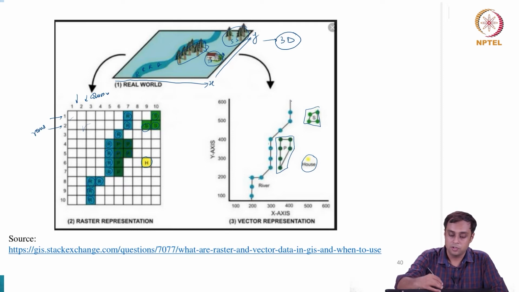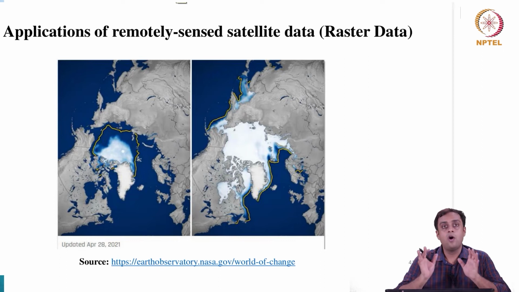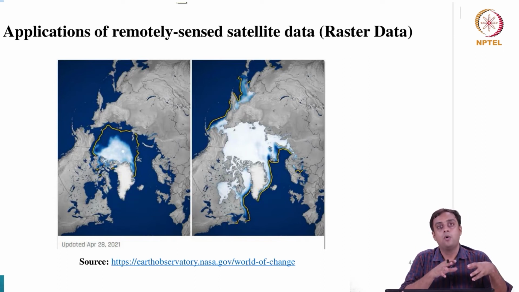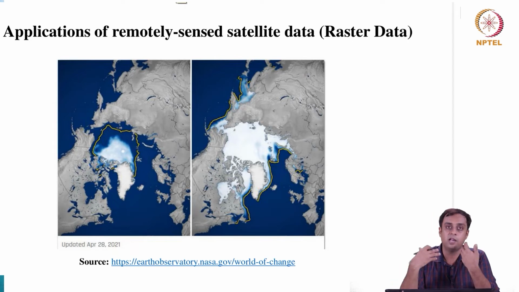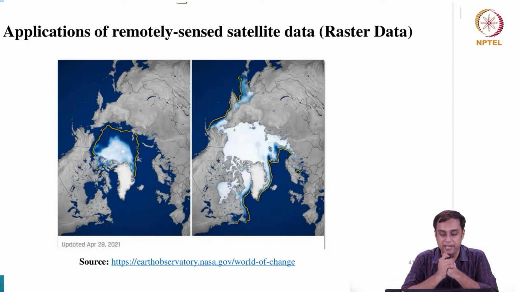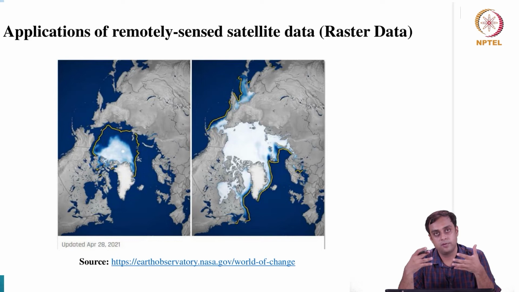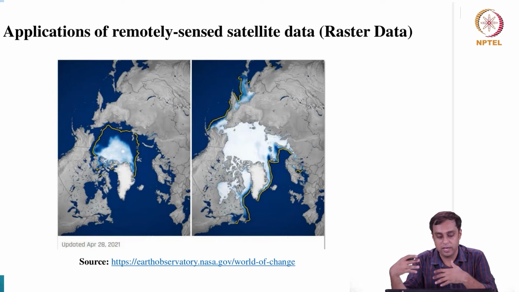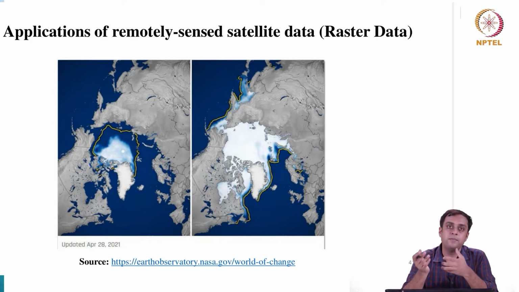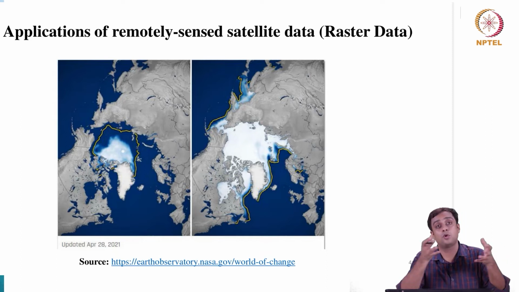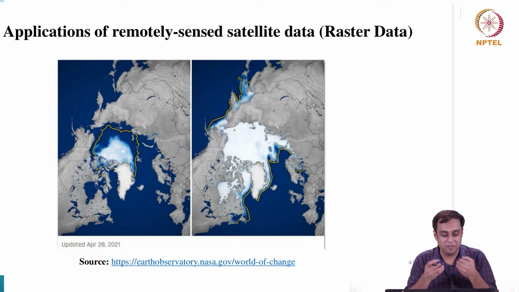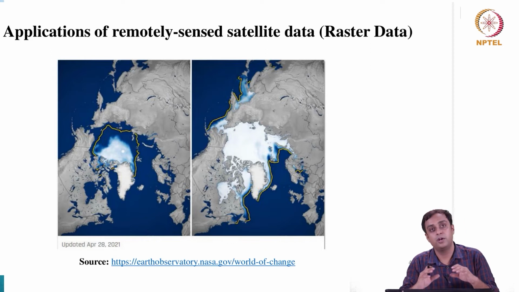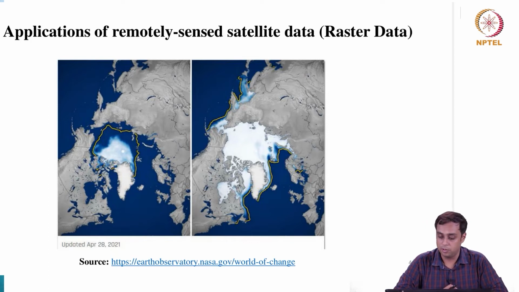Okay? So, having now understood in detail how a raster data format works versus a vector data format, we will now quickly go over some of the applications that we come across in raster as well as the vector format. The examples that we have seen previously will also apply to this classification when we look at applications of remotely sensed data sets or spatially delineated data sets in raster format as well as in the vector format.